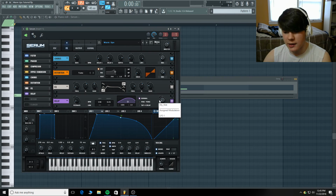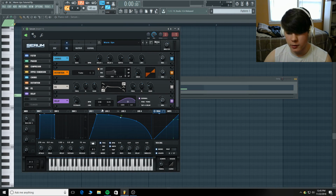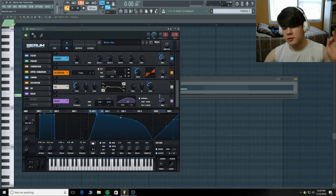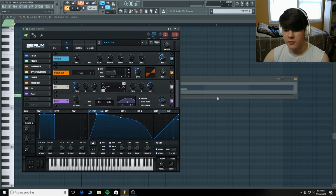So I'm kind of using it as a flanger at that point. And I have the mix all the way down, and it's just going up a little bit, 17%. Just want a little bit in there. You don't want it to be too piercing. And you can see where I have this little filter. It's just down here. It's cutting off the very top and the bottom end, so you don't get a muddy